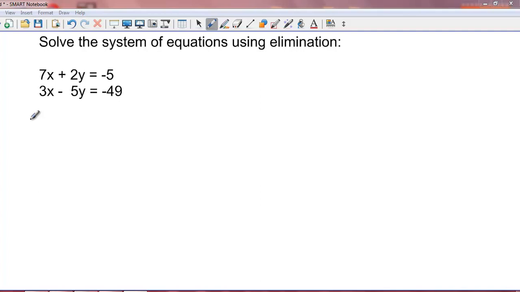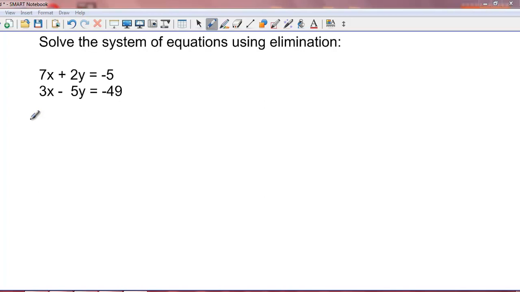And Miss Andrews. And we are going to solve a system of equations using the elimination method. Alright, so we have our two equations here, 7x plus 2y equals negative 5, and 3x minus 5y equals negative 49. Okay, you notice right away that if we look at our coefficients, we have a 7 and a 3